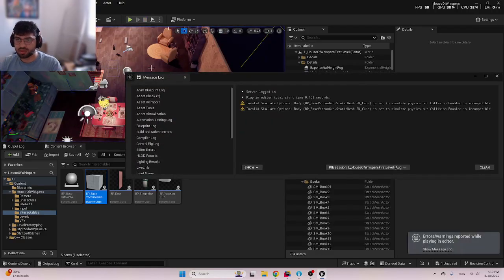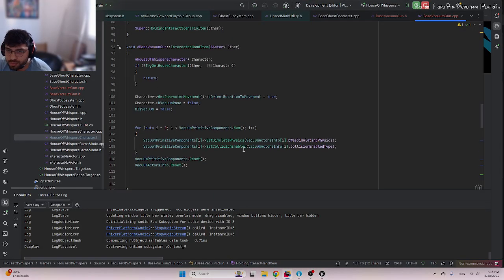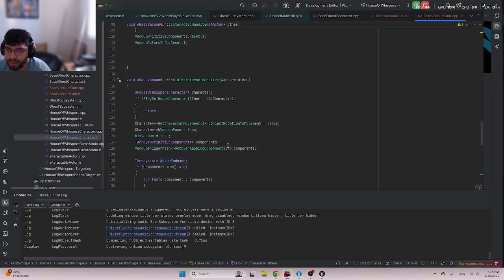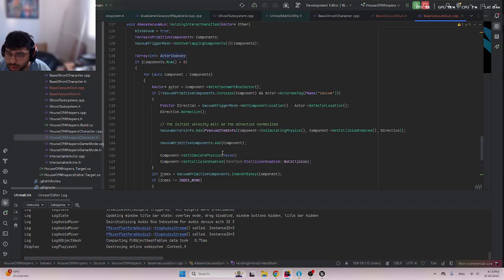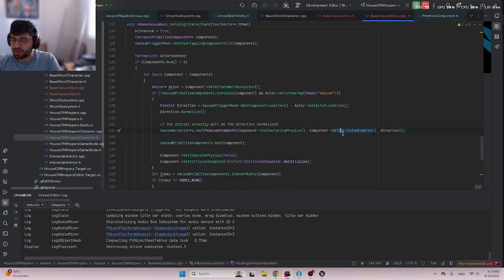I don't know why, the vacuum static mesh, gun static mesh is not compatible. Man, why? Why is it not compatible? I literally just get